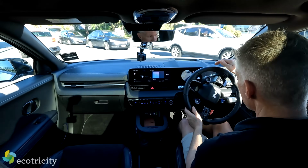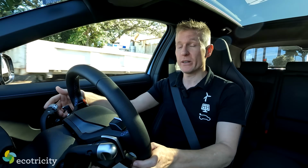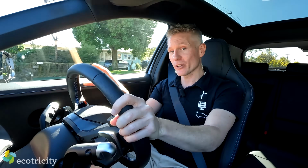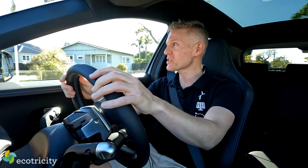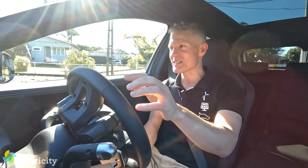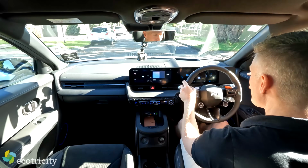But at least this still has an indicator stalk, plus the indicator stalk's on the correct side. Speaking of indicators, which for any BMW drivers watching, they signal your intention of which direction you want to go, which happens with a flick of a switch, and they're free to use. There's a handy tip for you. Better living, everyone. But when you do turn them on, it shows on the display your blind spot on the